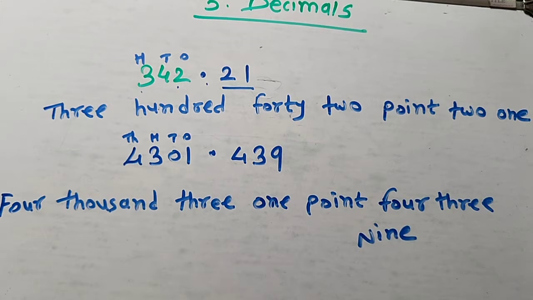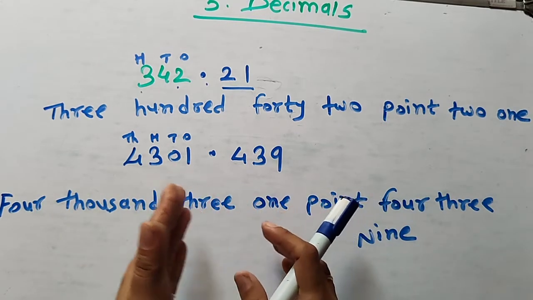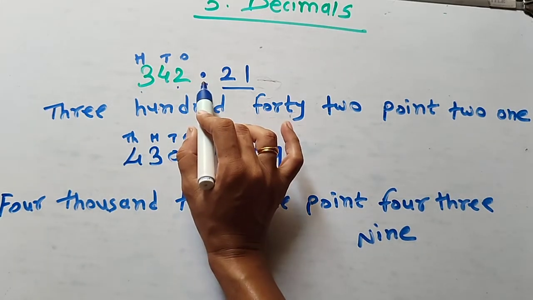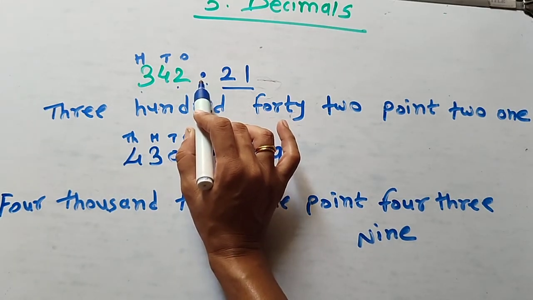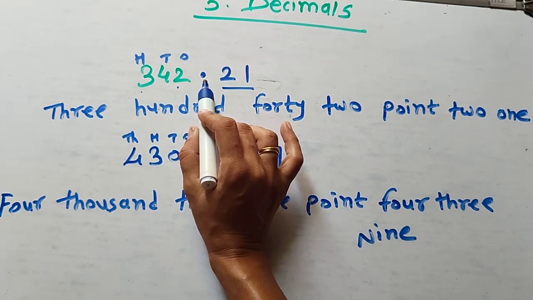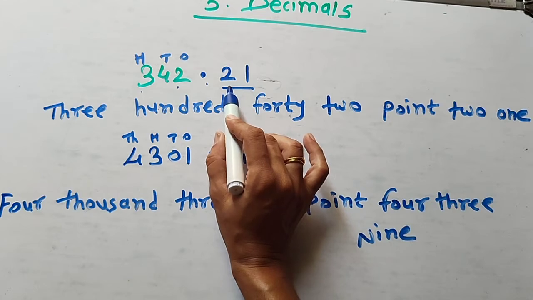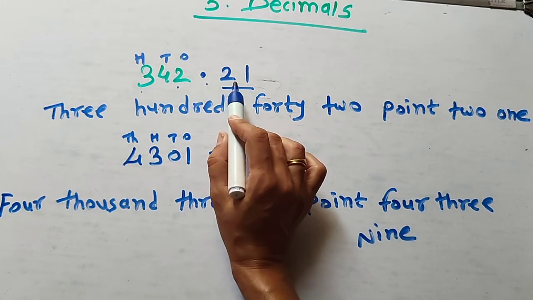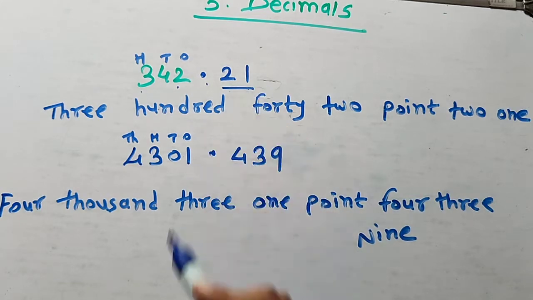Now suppose we move from left side to right side, the value of the number decreases. Means here you have 2 at the ones place, what will come after the ones place? Point. What happens if we move further right from the ones place? So here we get this place. Okay, and this place is called the tenths place, then hundredths place and then thousandths place.